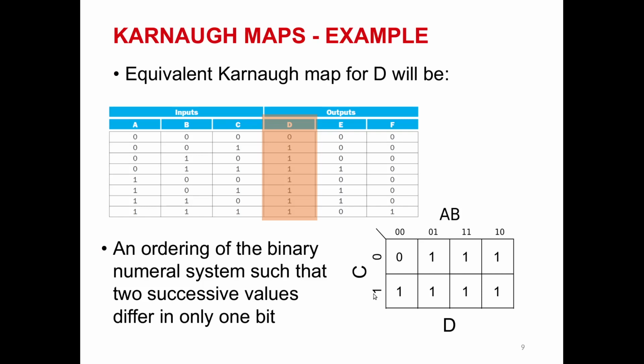So it will be 0 here and 1 here, and then for these inputs you will fill each element of this table with the output of D. Here you can see that only the value of 0 here will be 0, so this output is 0. Other elements of the table will be filled by 1, and that is a Karnaugh map. And then you can use the Karnaugh map to optimize your function. For the details of how to optimize this function, you can look again at our lab.